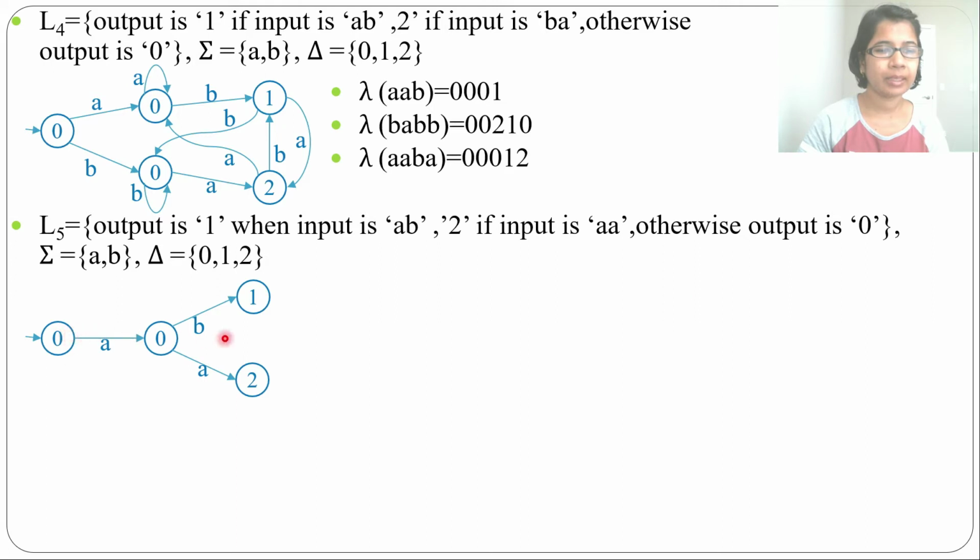Now from this state A, a transition is there. For B you can make a self loop, because it is just like ending with AA or AB. Before that any number of B can be there. Now for this state AB both transitions are there. From this by A, where will it go? By A you can make a transition to this state. So after that it can end with AB or AA.